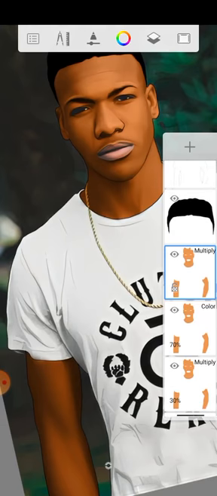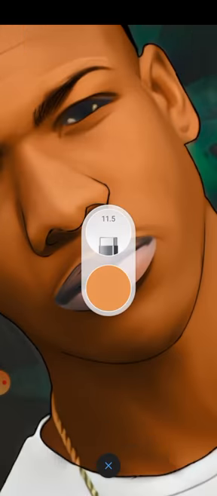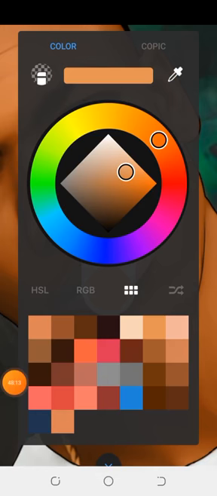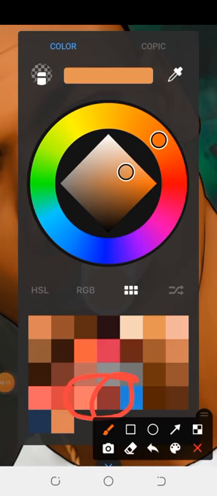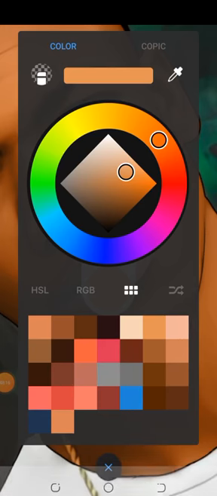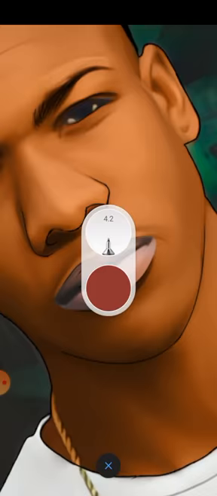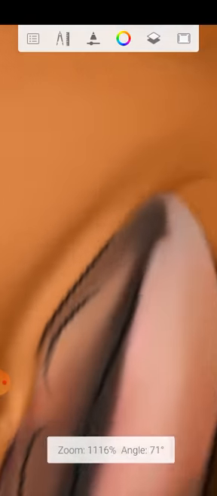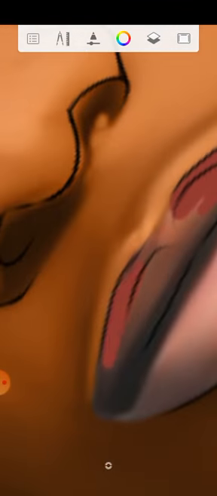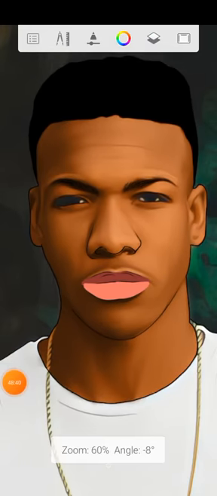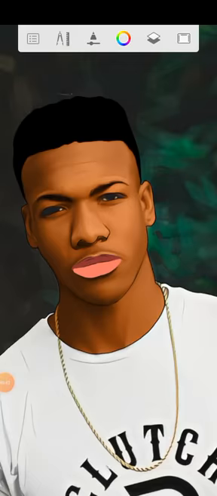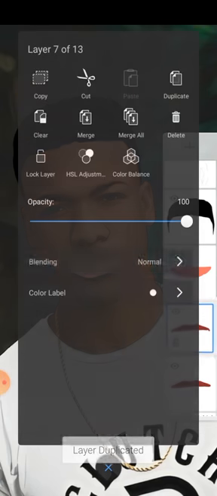Then on top of this, add another layer. Then this is the color for the lip, this for the upper lip, then this for the lower lip. Then picking it. All this your painting must be under the sketch. Then here, the next thing you do, this you duplicate it, color,